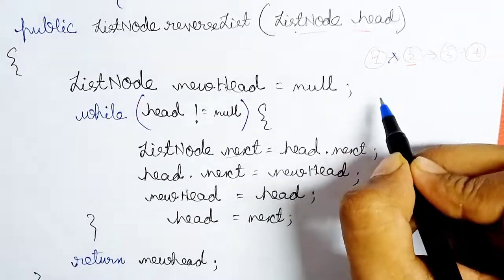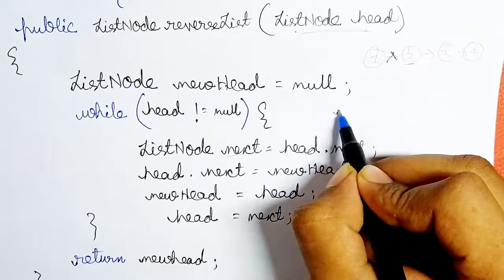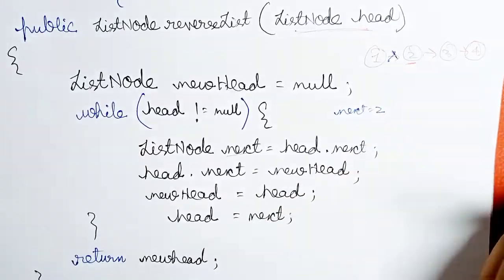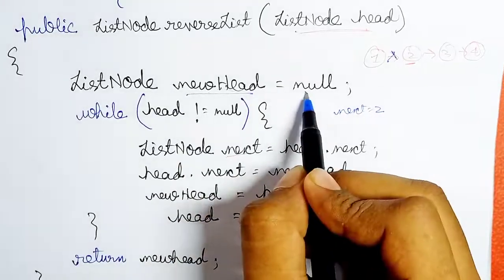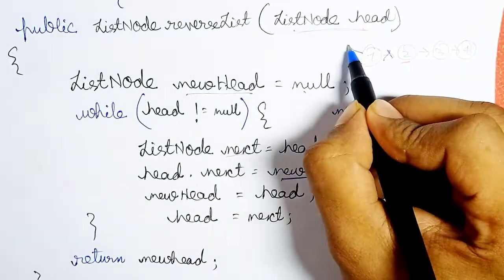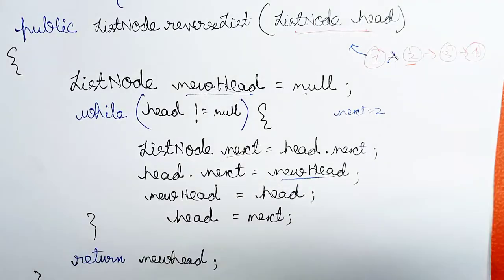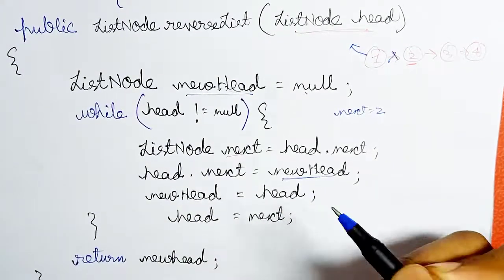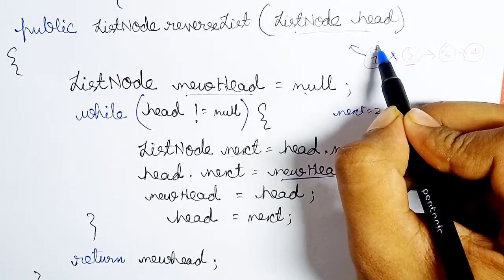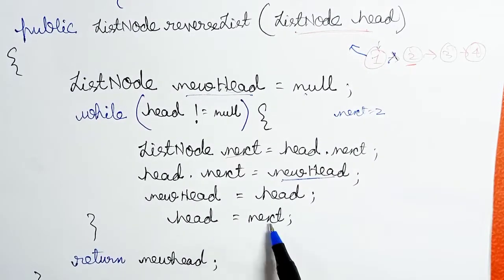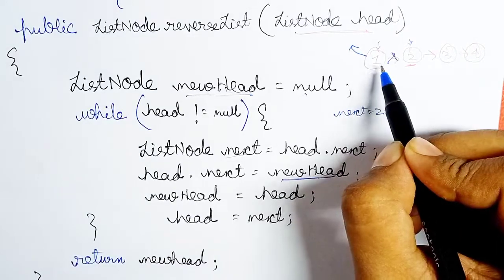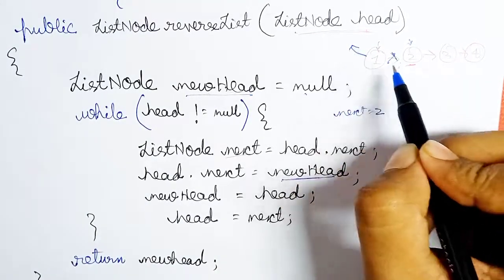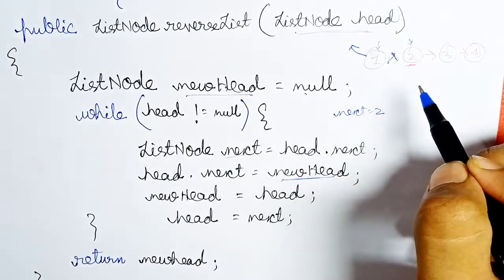So in next we store 2's value and head.next now points to newHead whose value is null. You got it right. So we point it somewhere towards null. So the newHead becomes the head now, which is 1, as you remember. Now head becomes the value that we stored earlier. Head is now here. So you can see this link has broken. This is pointing towards null. Now we are getting the idea how this algorithm works.